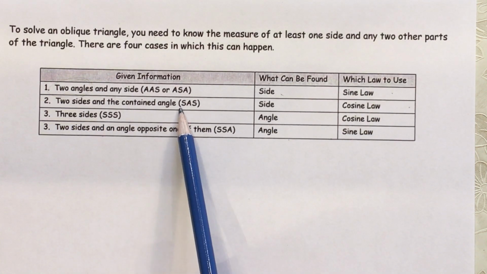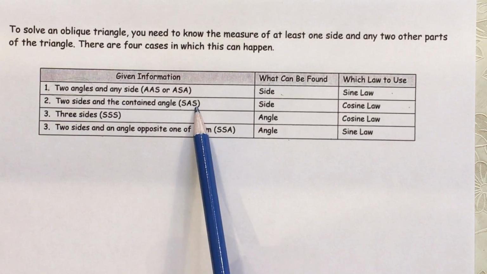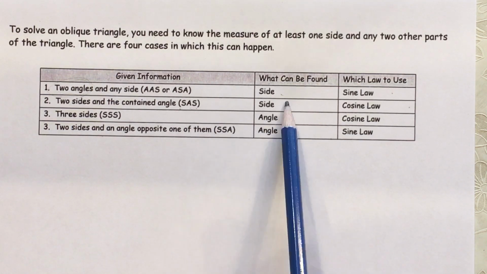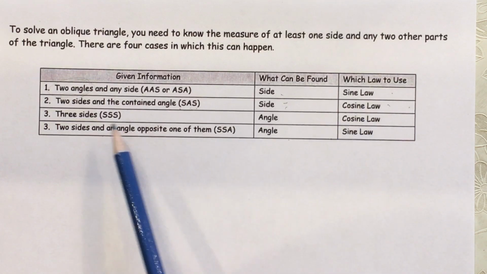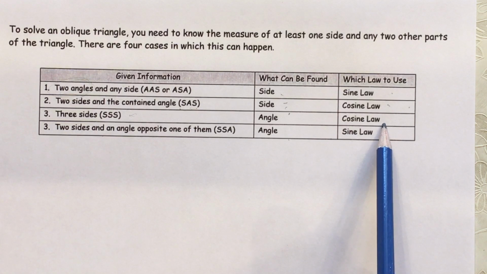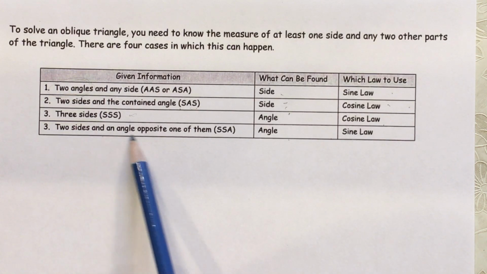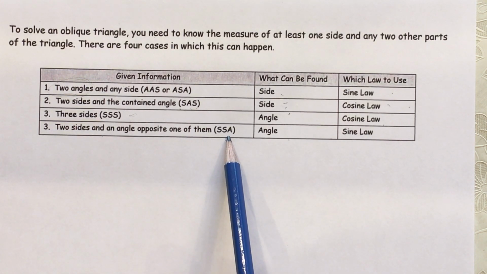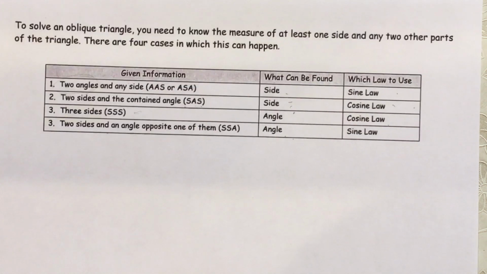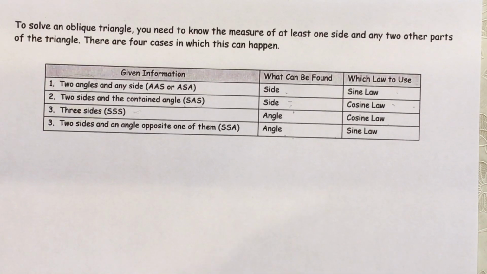If you know 2 sides and the contained angle, or side angle side, you can find that opposite side to the angle you know using the cosine law. If you know all 3 sides, you can find any angle you want using the cosine law. And if you know 2 sides and an angle opposite one of them, you can find an angle using the sine law. So that chart may be helpful for some people when you're going through the practice problems that you're about to try, and you're not sure which